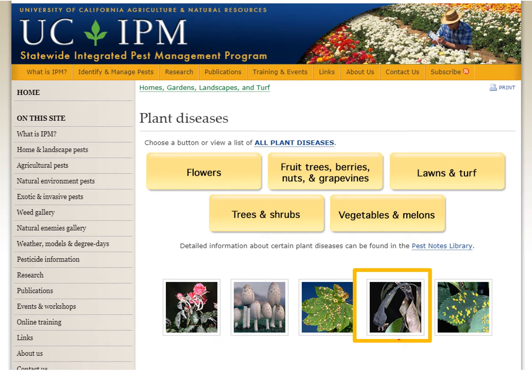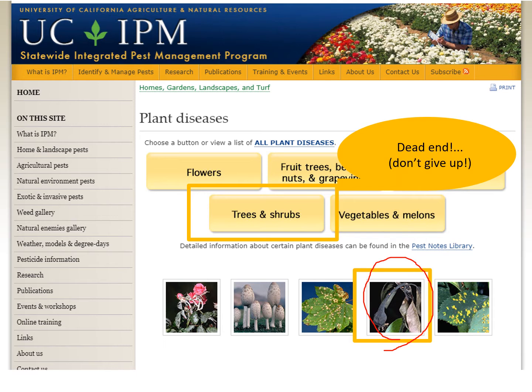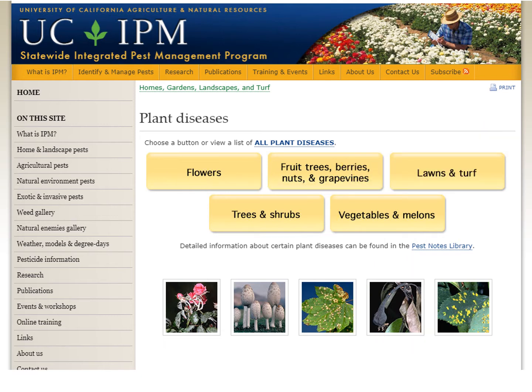You'll see this picture here. It clearly looks like fire blight. So if you select trees and shrubs, seems logical, right? Trees and shrubs. You've got a Bradford pear with disease. Click there. But you end up with a dead end. It's not going to get you to fire blight. Don't give up and don't get frustrated, because there's a whole other box here: fruit trees, berries, nuts, grapevines. If you go there